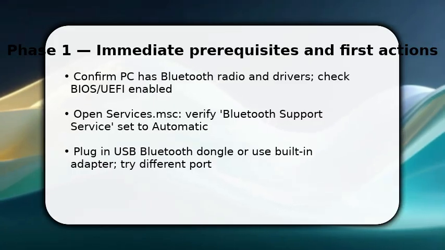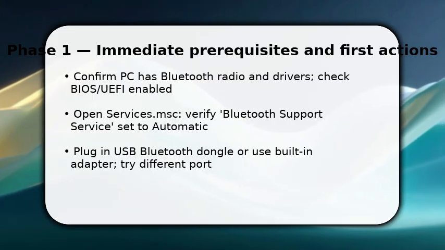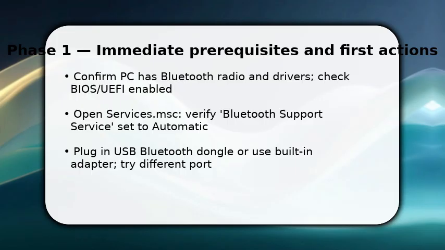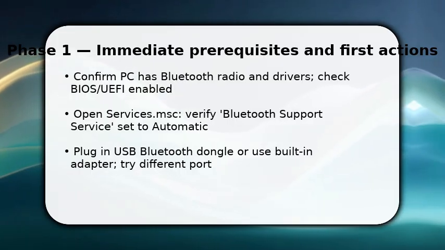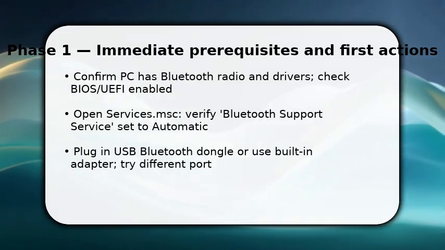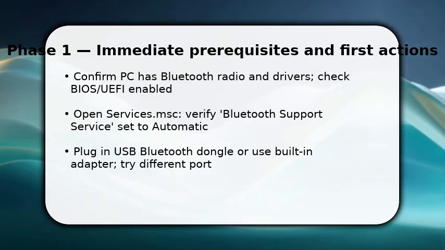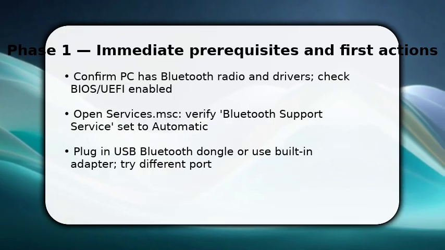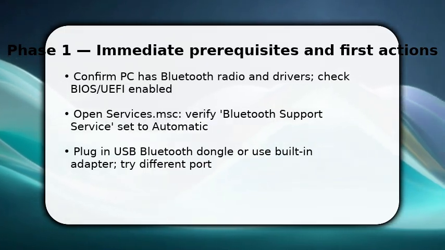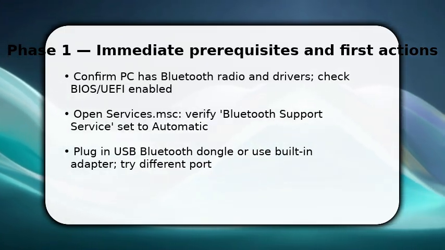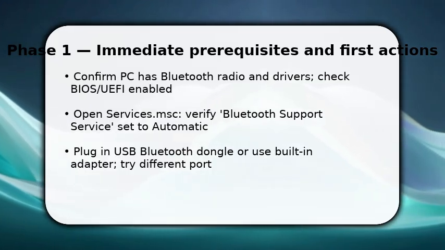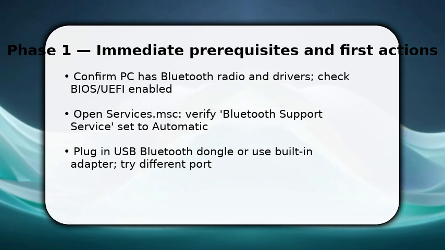You begin by checking the physical and software prerequisites. First, confirm the PC actually has a Bluetooth radio or a USB dongle. If it's a dongle, plug into a known good USB port. Once done, open services.msc and make sure Bluetooth Support Service is set to automatic and running. This lets Windows enumerate devices. Finally, reboot once if you just enabled the radio in BIOS, because some hardware needs a restart to appear in